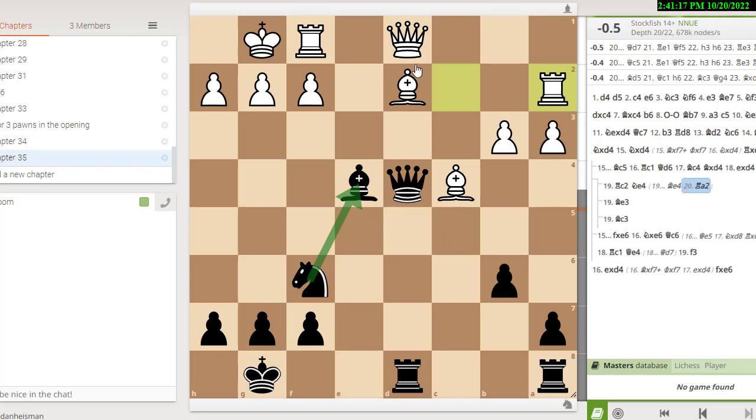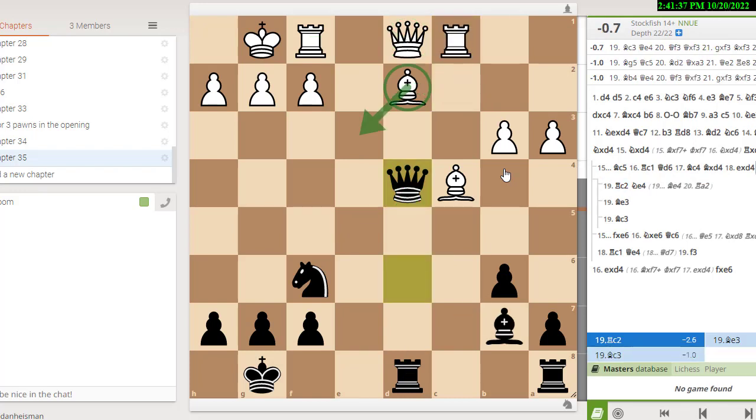And what white should do on the next couple moves is just get his queen out of the pin by playing a move like queen to e2. In the game, black went on and eventually did win the game when white eventually allowed that pin to win the bishop. He never did move the queen out of the way.